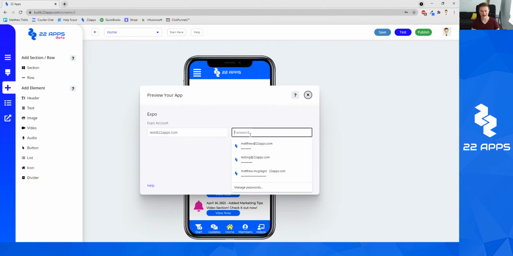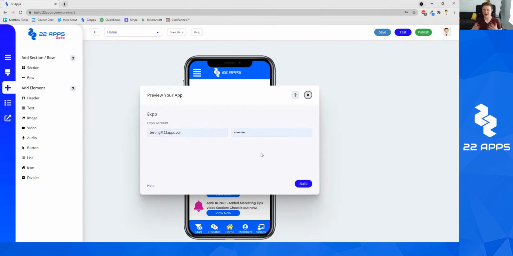And then we are going to use the same password that we used earlier for that. So I'm just going to go ahead and click that. And then I'm going to go ahead and click build. Now, when you click build, which I will click in a second, it'll basically start building that